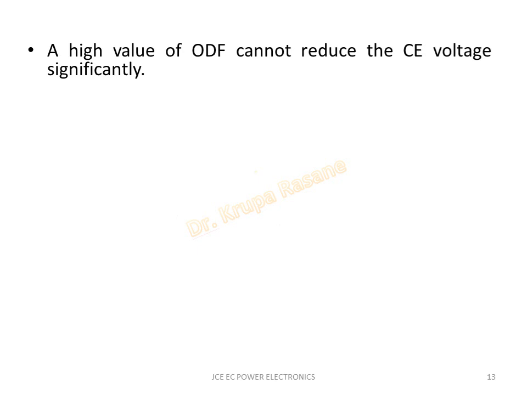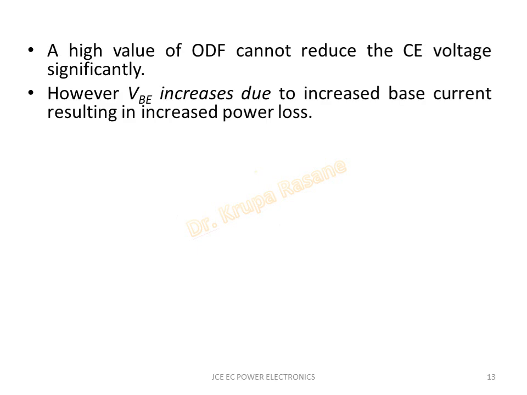You should remember one thing: if I give IBS as the base current, it will go into saturation. But to ensure that it remains in saturation so that the switch will remain on, I give an extra base current IB, which is greater than IBS. That means I am applying the overdrive factor. But by increasing that overdrive factor, you will not increase the saturation current further. So you should remember this.